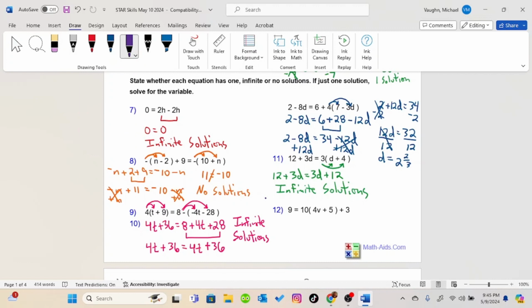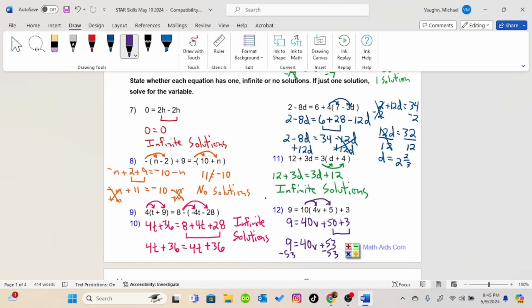And number 12, we're going to use the distributive property. We have 9 equals 10 times 4v is 40v. 10 times 5 is 50. Now we combine like terms on the right. We have 9 equals 40v plus 53. Now we're going to subtract 53 from both sides,